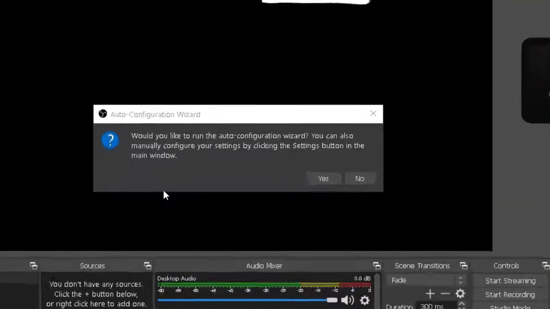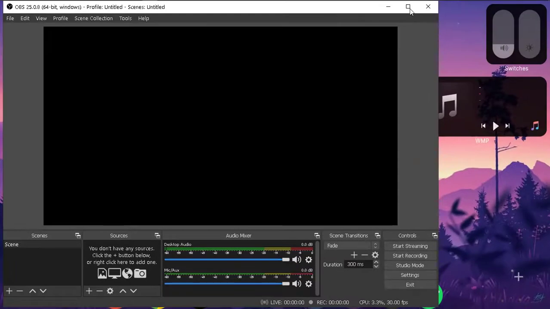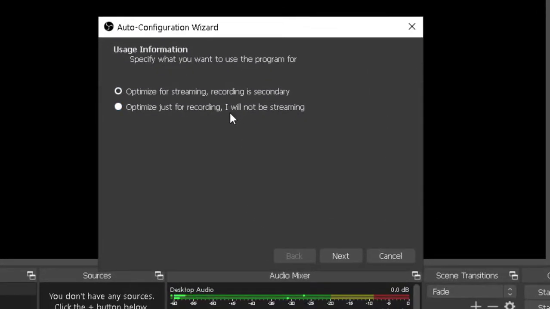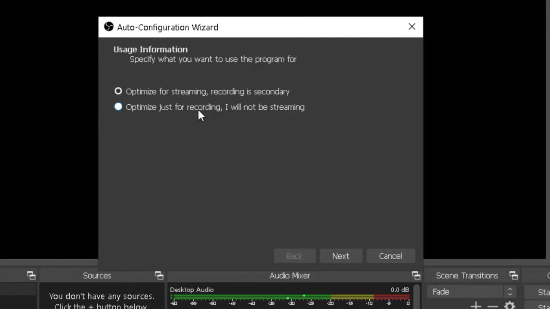So, talking about the OBS Studio, it has been one of the eminent softwares for both live streaming as well as for recording screens in high quality. The software can be easily set up and downloaded from the links provided in the description. Once you're done with that, you can pretty much run the software. It's absolutely free, with no need for any sort of activation. If you're running the software for the first time, you have this quick auto configuration wizard in which you can set up all the required settings that are needed for your work.